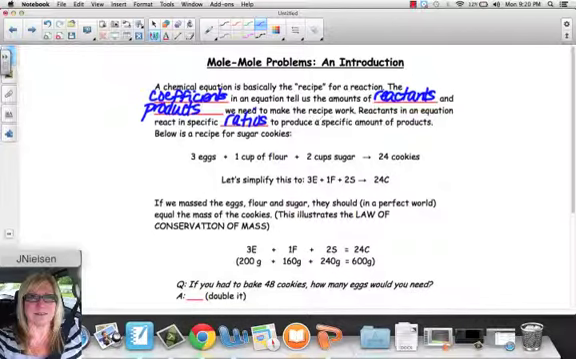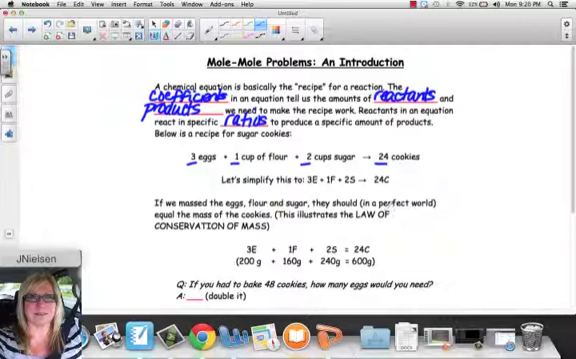So look at the example here of a recipe for sugar cookies. We need 3 eggs, 1 cup of flour, plus 2 cups of sugar. And when we mix that all together and bake our cookies, we get 24 cookies. So we can simplify this to 3E for eggs plus 1F for flour plus 2S for sugar will yield 24C,